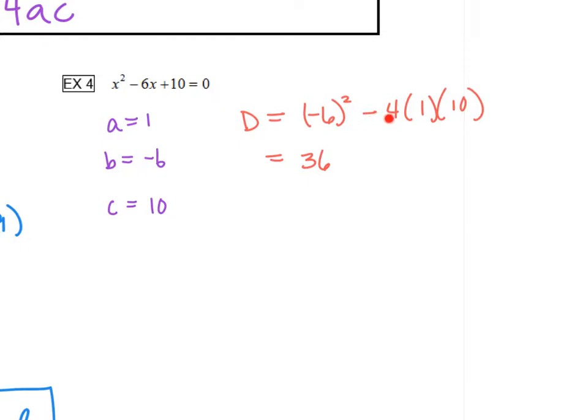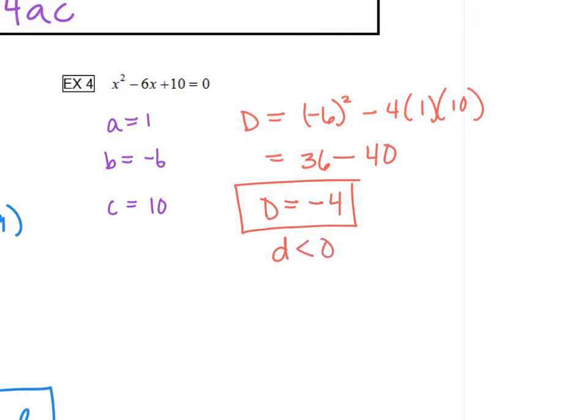I have 1 negative times a positive is a negative. 4 times 1 times 10 is 40. So our discriminant is equal to -4. All right, so what does it mean if your discriminant is less than 0? So take a quick look at your notes. That means that our roots are imaginary